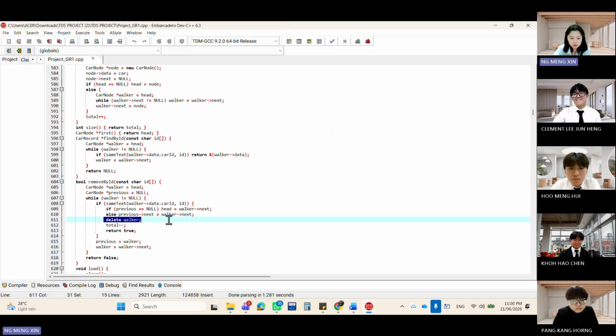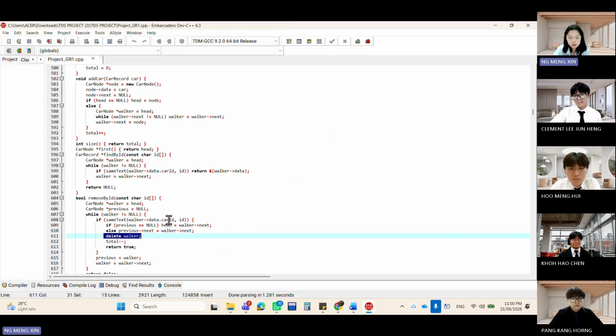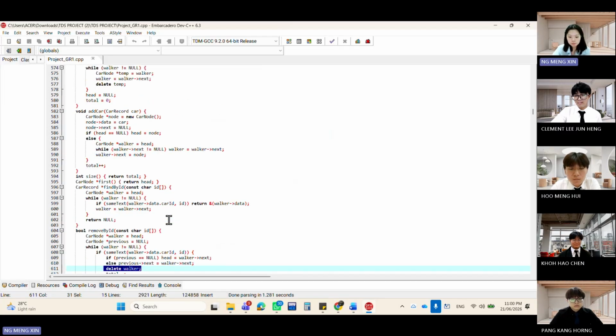When a new car is added, the system creates a new node using new car node. When a car record is removed or the linked list is cleared, the system uses delete to release the memory. This shows that the system manages memory dynamically instead of depending only on fixed arrays.